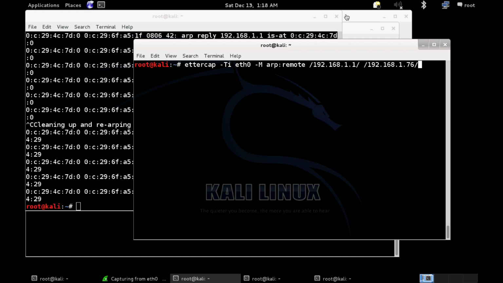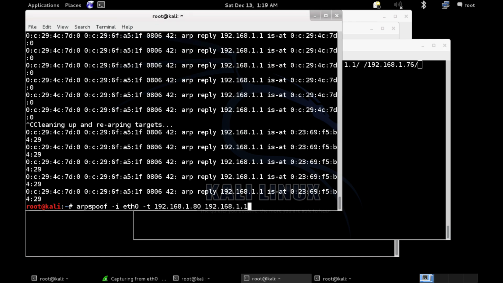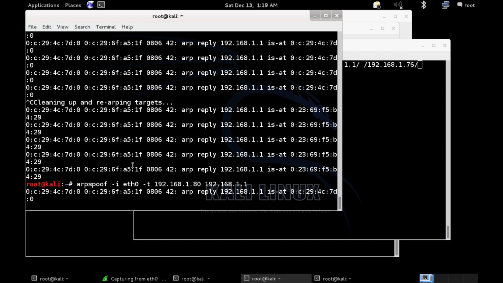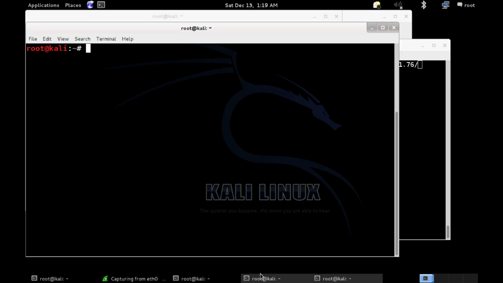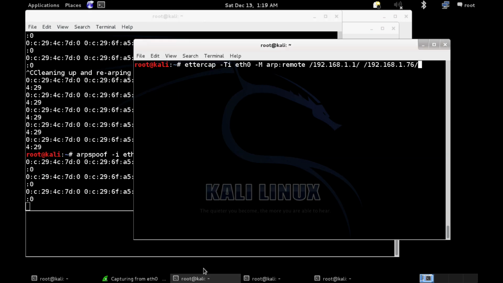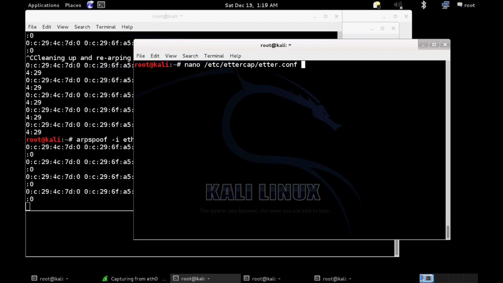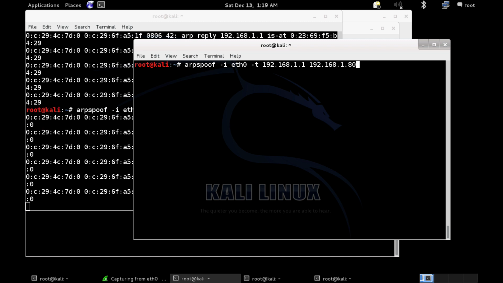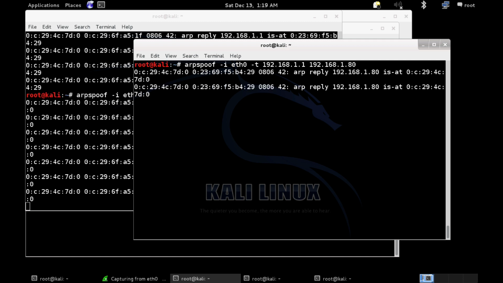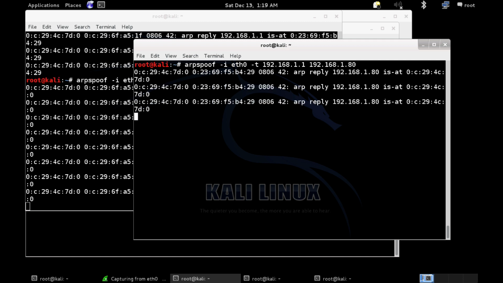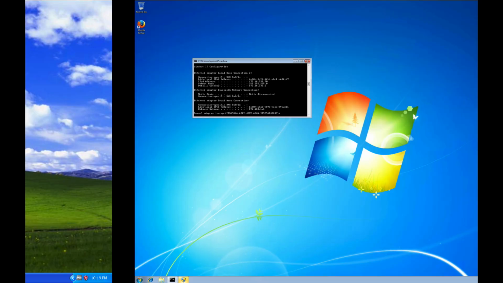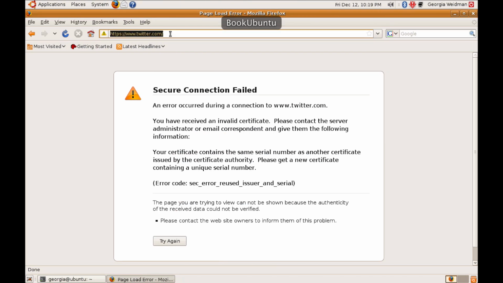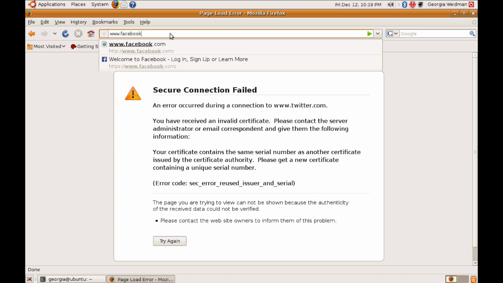you can actually try it, like do an ARP spoofing between the Ubuntu machine and the gateway, and then browse to like facebook.com, or, well, we could do it. So let's start our ARP spoofing again. I need that one, obviously, it's blank. There we go. Here's our ARP spoof, and so if I go to facebook.com,